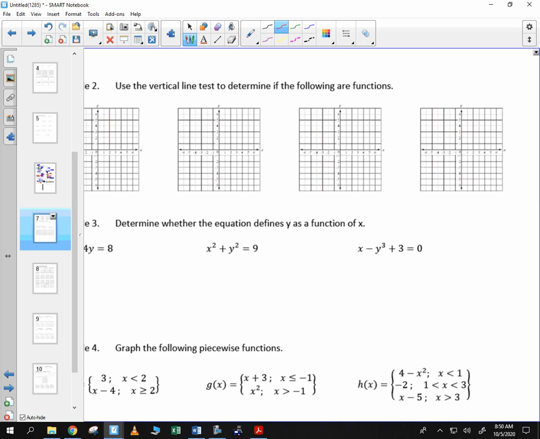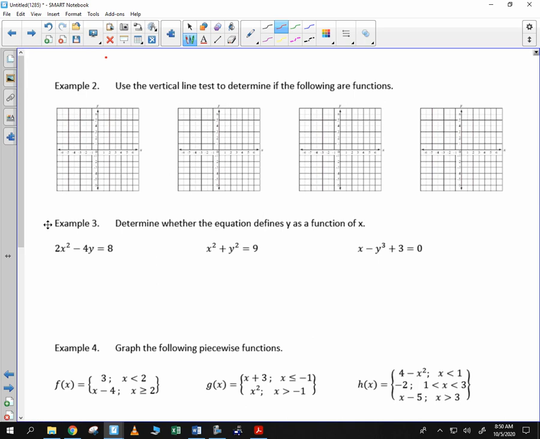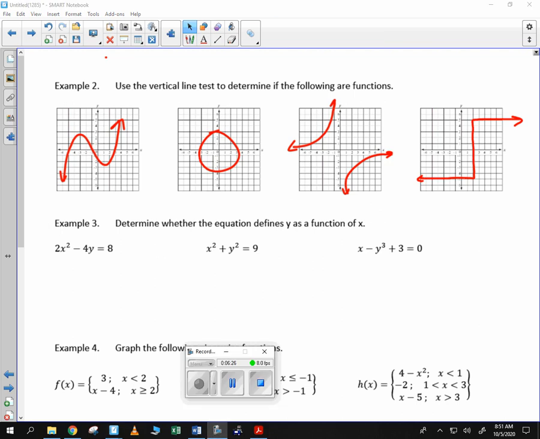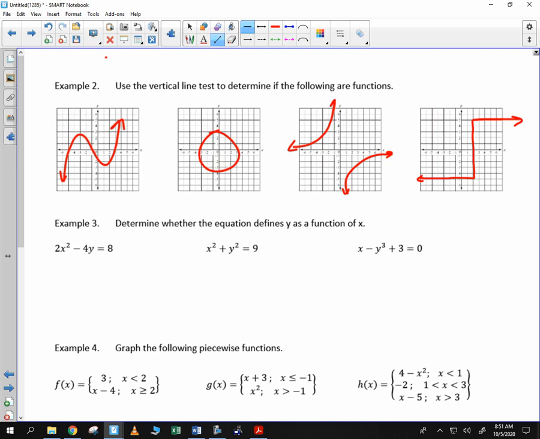All right. Use a vertical line test to determine if the following are functions. So I'm going to draw a few functions here. Draw that one. We'll draw this one. Draw this one. And we will draw this one. Okay, so if I draw those 4 graphs, the vertical line test says that if the graph crosses the vertical